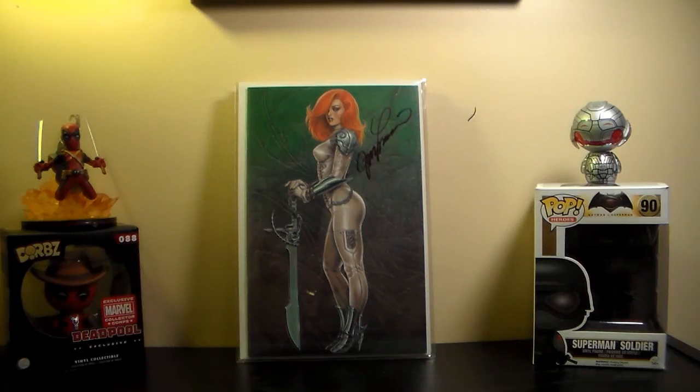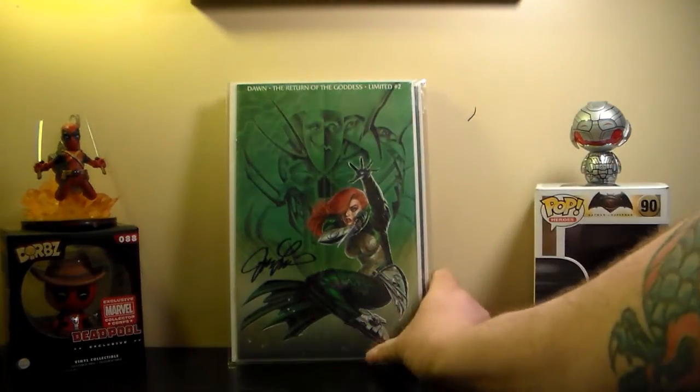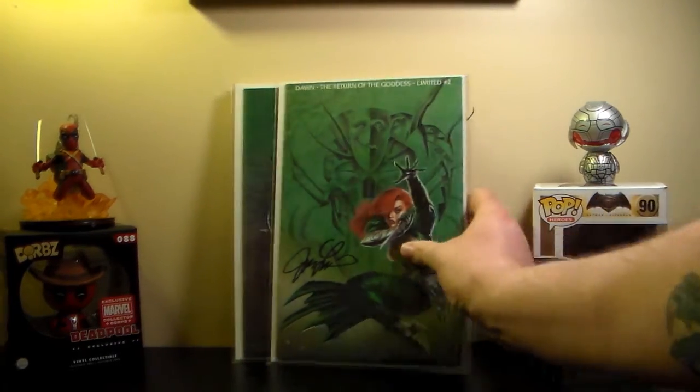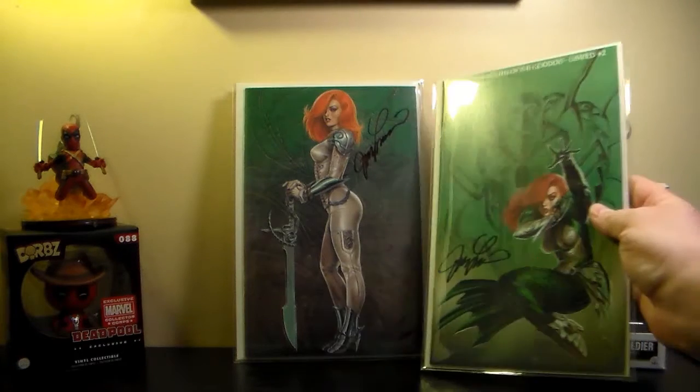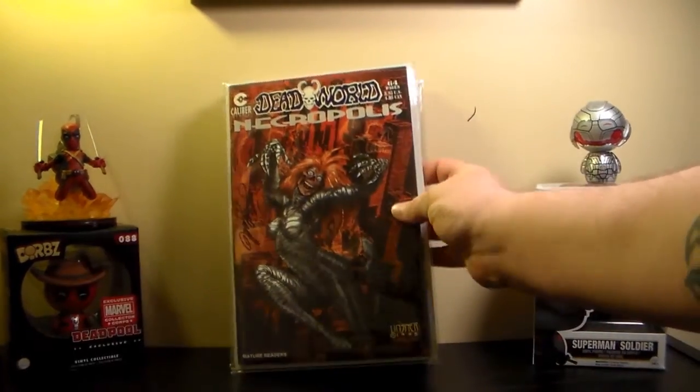Okay, then I got the number 2, so that must be like 4 or 5, something like that. This is number 2 limited. Of course, signed by Linzer. Then just a few more books. I got this one just because it's Linzer and it's signed by him too. This is Dead World